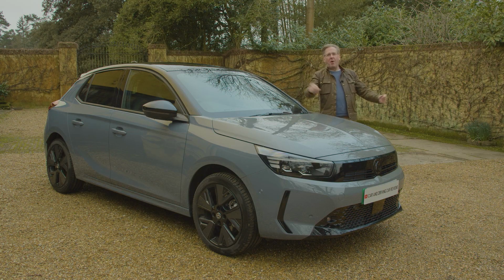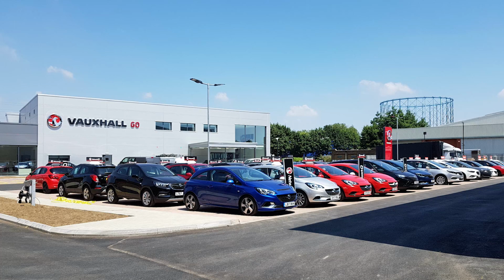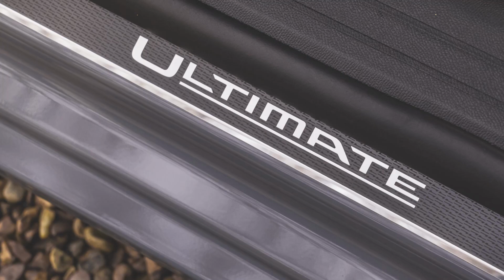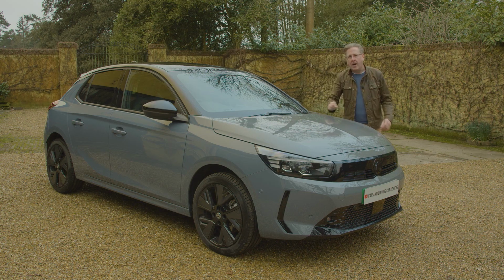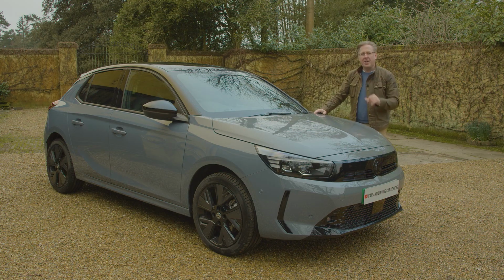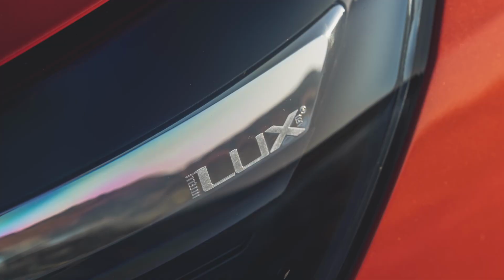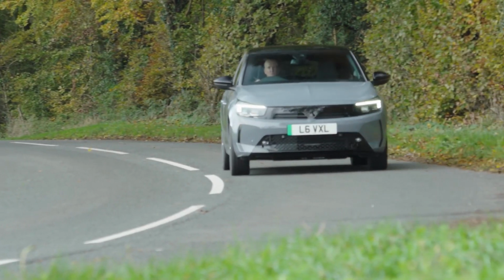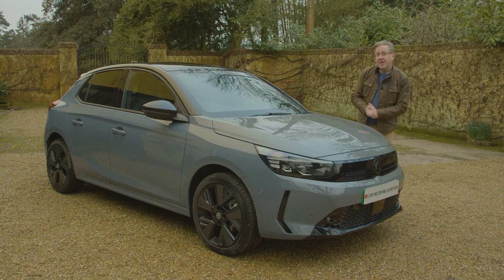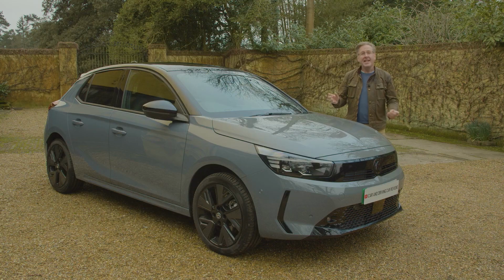If you're wanting to spoil yourself a little in your choice of Corsa Electric, well, your dealer will point you towards the plush Ultimate model that we have here. This also gets the contrast-coloured black roof, but is distinguishable to the eagle-eyed from the GS variant by different badging, bespoke door sill plates, and, more significantly, by the brand's IntelliLux LED matrix headlights that constantly adapt themselves to road conditions and surrounding traffic. At this top level in the range, as you'd expect, you get navigation, plus keyless entry,